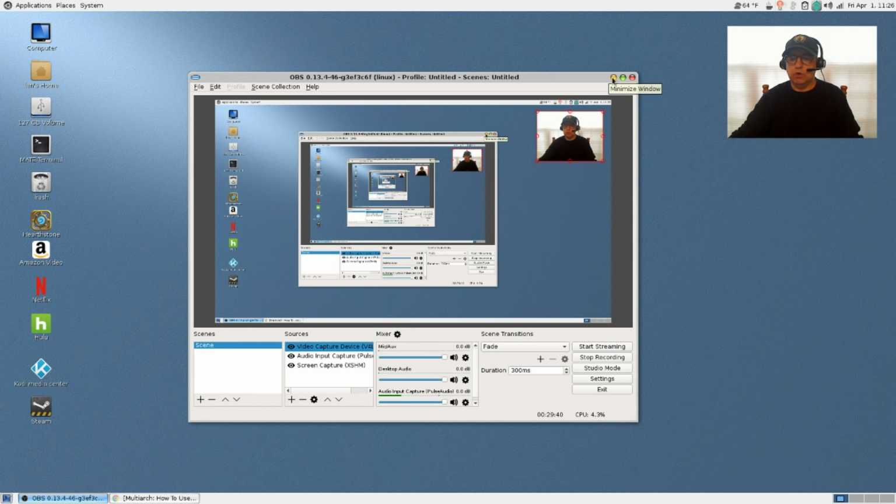OBS Studio is not available through conventional Debian sources. However, MX15 Debian does have it available through their repos. And I'm hoping that at some point it becomes available through conventional plain vanilla Debian repos, but that's not the case right now.